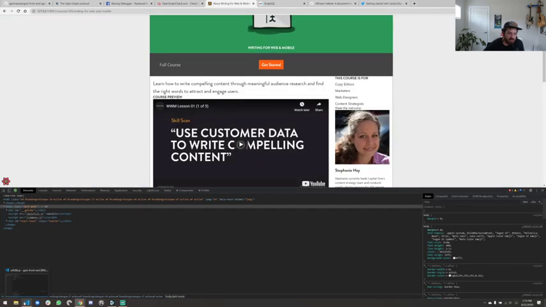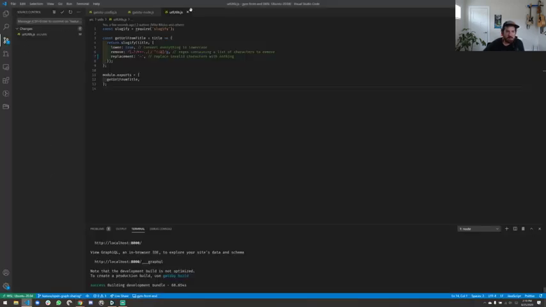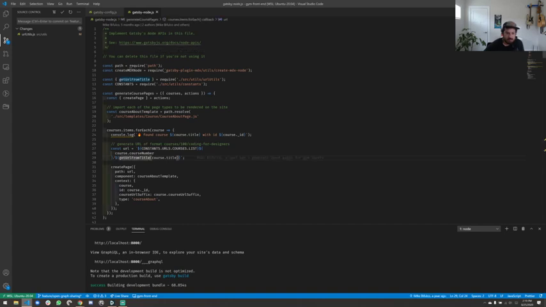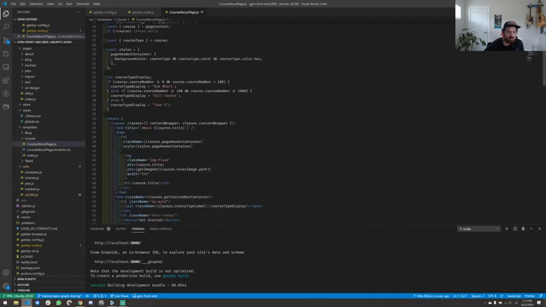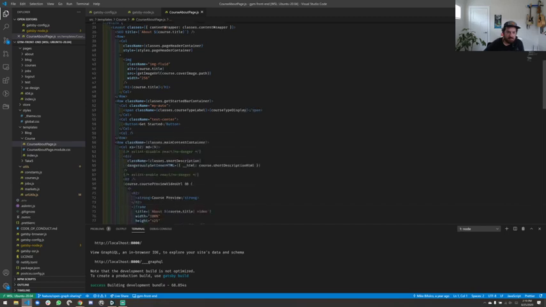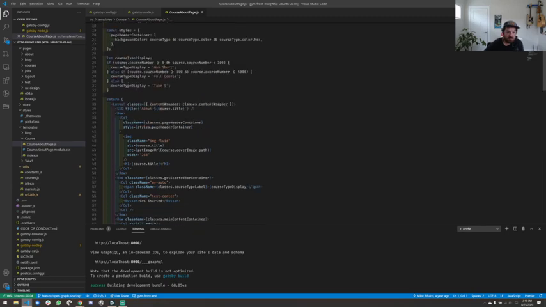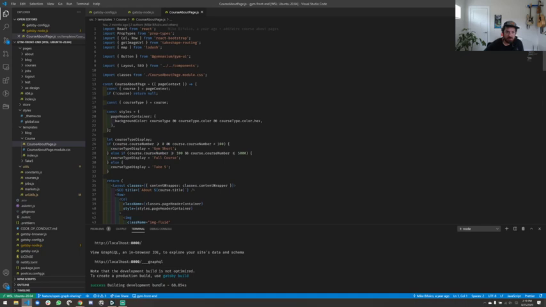Now let's take a look at the SEO stuff that's rendered on each of these individual pages. So in Gatsby node, we can see that we're going to load a template for each of these. And that template is specified here, course about template, which is path.resolve, source templates course about page.js. Actually pretty well labeled. Oh, and this is one of the places where there's a CSS module intact. There's lots of stuff in here, including a fair bit of Bootstrap, which I might like to get rid of, though that is not today's focus.